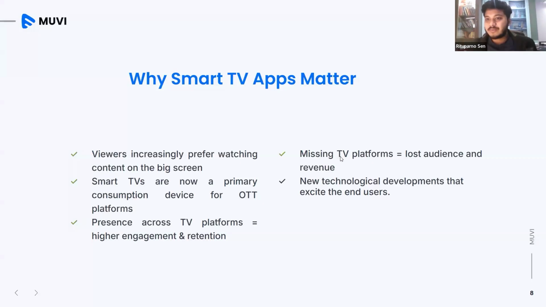Again, there is a huge number of TV apps right now, and viewers increasingly watch on TV. So how is this space going to be managed? Most of the time I feel that mobile viewing is making us more distant from our family. We try to spend quality time with our family watching something on the big screen. So that audience is going to get lost if we don't have that TV-specific app.